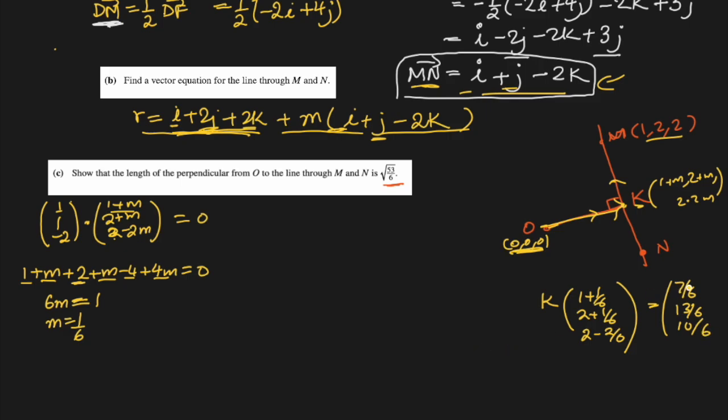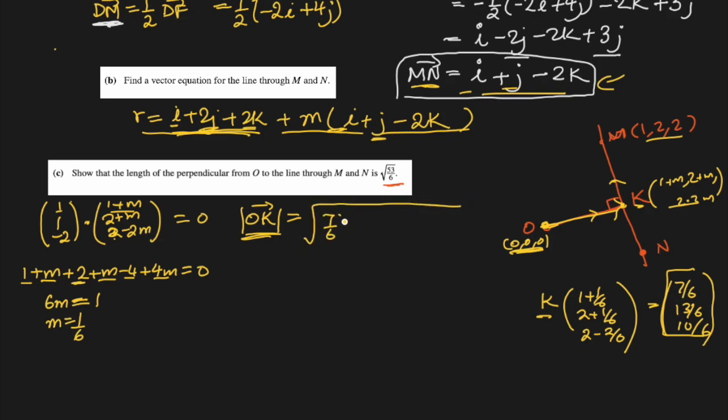Okay. Now, if these are the coordinates of K, what we got just now is what we need, and we need its magnitude, because they're asking for the perpendicular distance from O to K, and that is the magnitude of OK. OK is nothing but this (7/6, 13/6, 10/6), the vector OK, right? Its magnitude